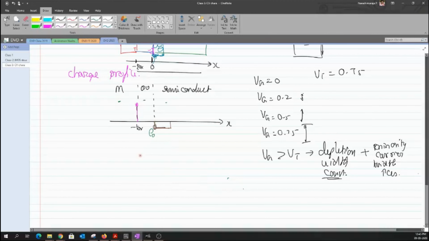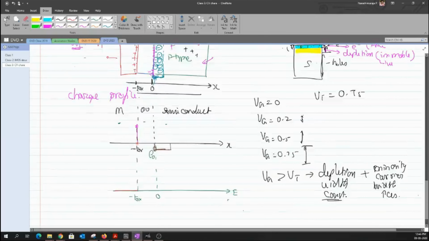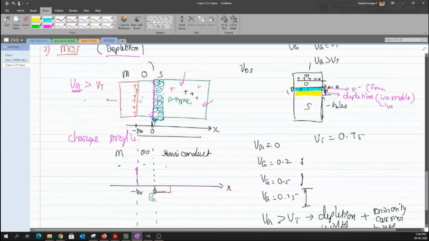So now let us try to draw the electric field profile. Again, I have those interfaces, 0, and the other one is at TOX. And what we have said in the first part of our discussion is that the electric field inside the metal has to be equal to 0. But the electric field across the oxide need not be equal to 0, and it can be a constant one. Under this condition, we know that there is a positive charge and also an equal amount of negative ions on the other side of the interface. So there exists some sort of field.